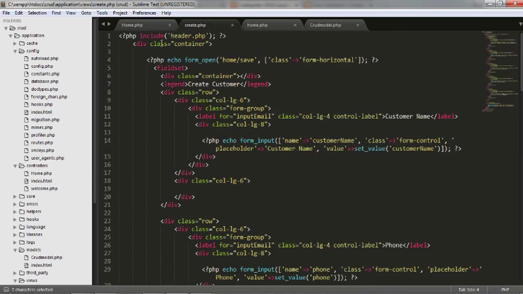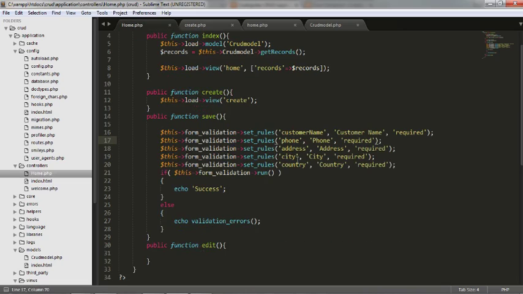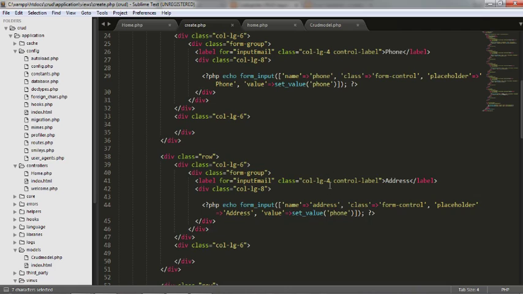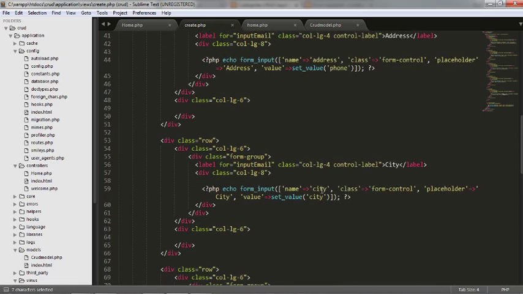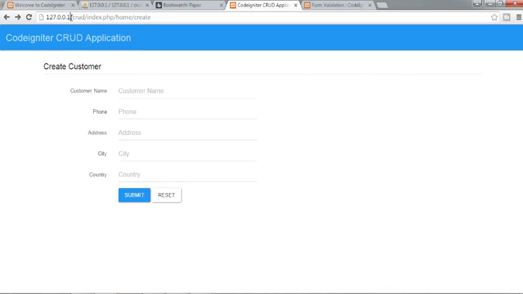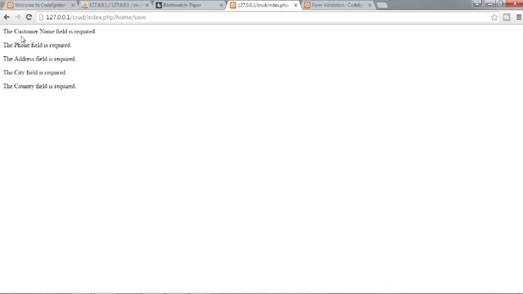Okay, the customer name field is required, the phone field is required, address field is required, city and country fields are required. Okay, now it's showing me the errors,